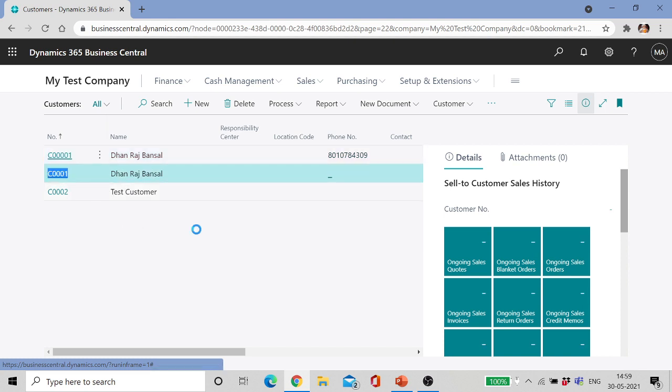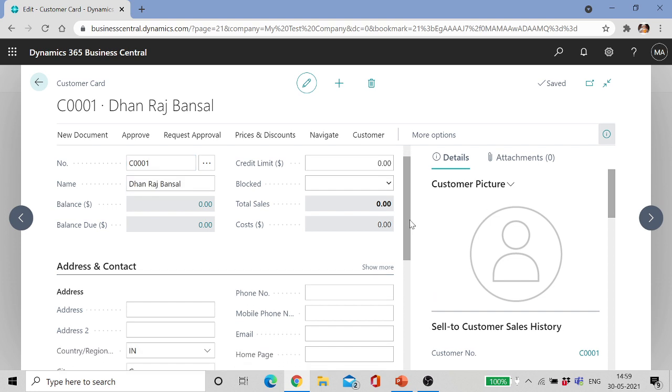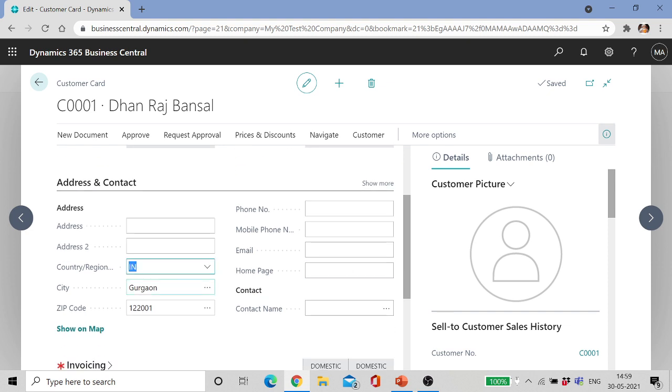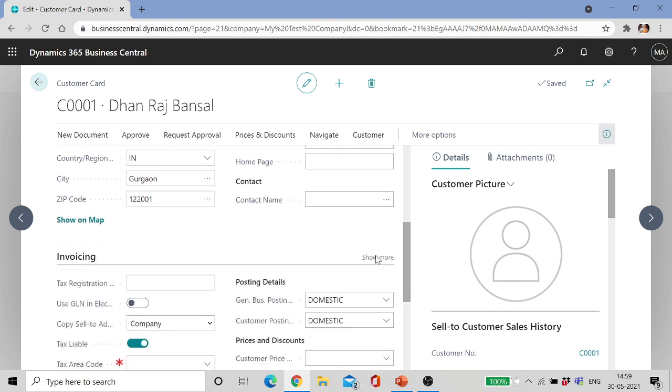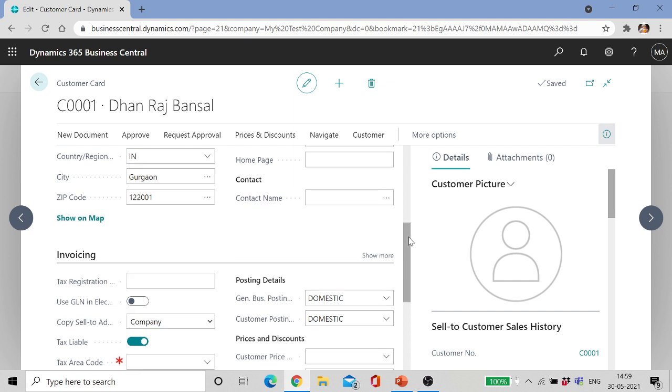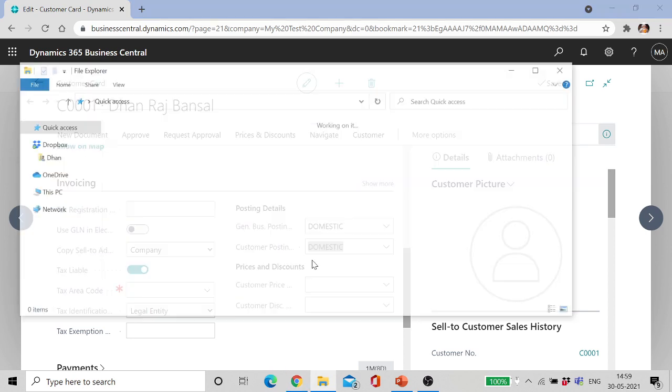And let's check whether the fields which we saw in the template are there or not. In the Excel, I think we defined only 2 fields. Not 2 fields, I think address was also there in one of the records, whereas in the second record there were only 2 fields. So India, Gurgaon, pin code, these were there, and then there were invoicing related and payment terms related fields in that. So these were, if you see, if we open the Excel back,